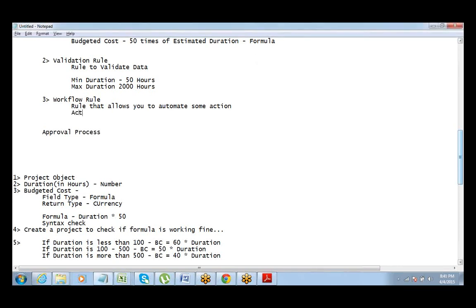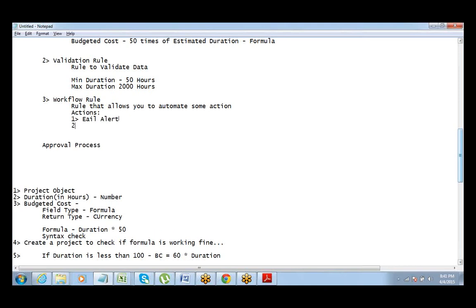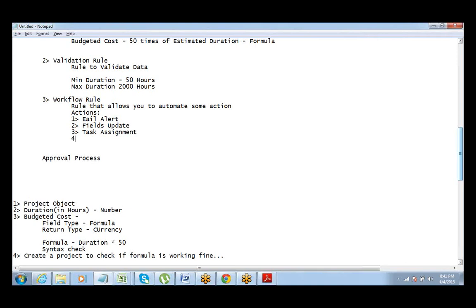First is email alert can be sent. Second is a field can be updated. Third is a task can be assigned. Task assignment. Fourth is outbound message. So these 4 actions can be automated using the workflow rule.